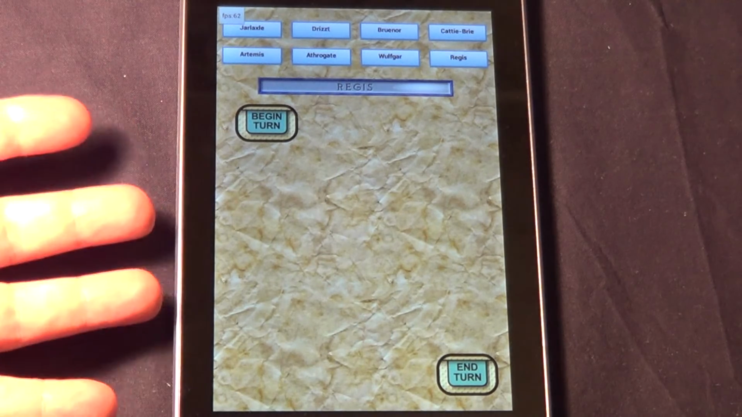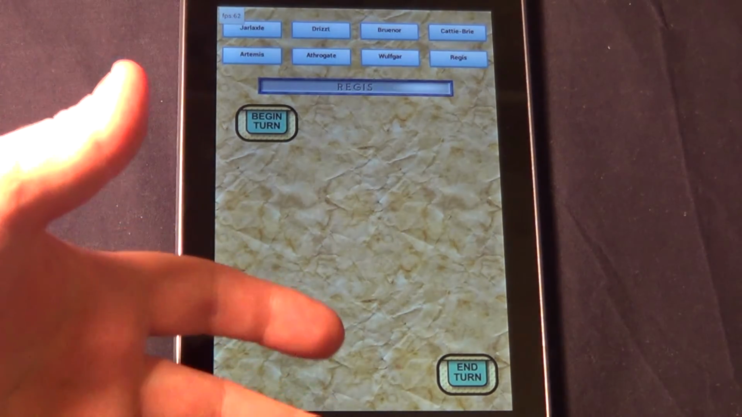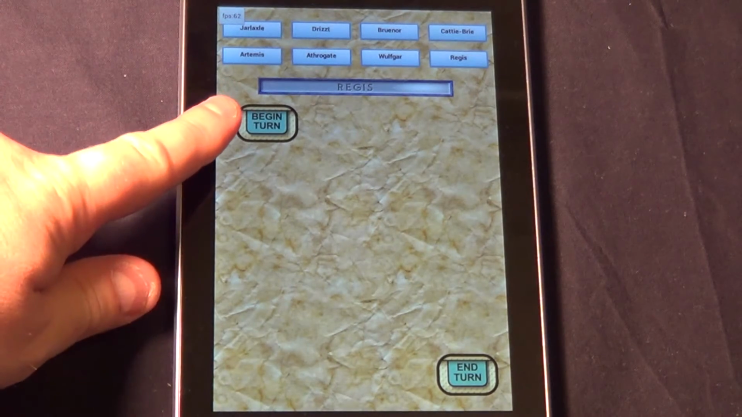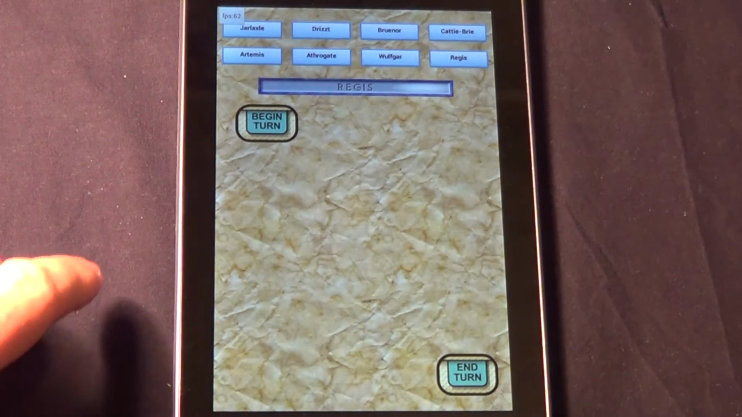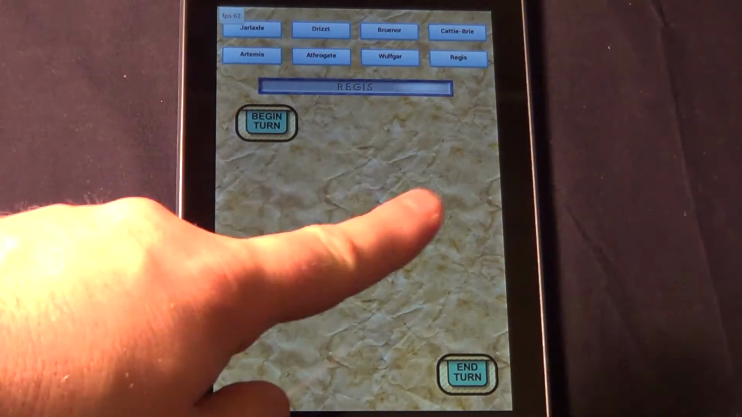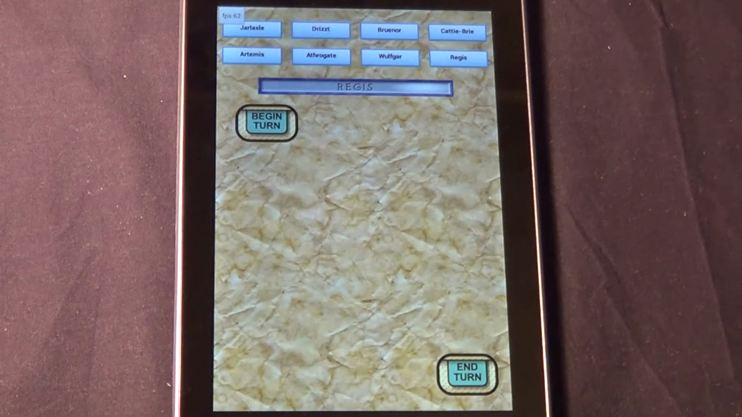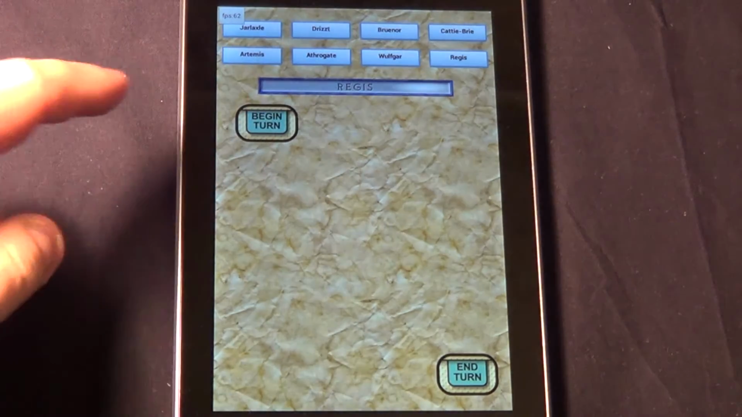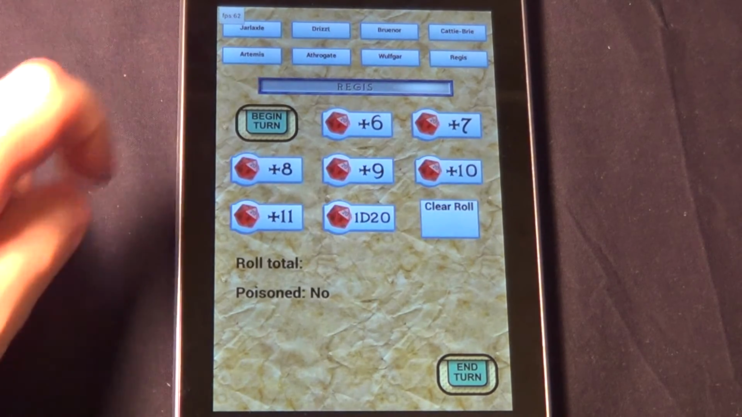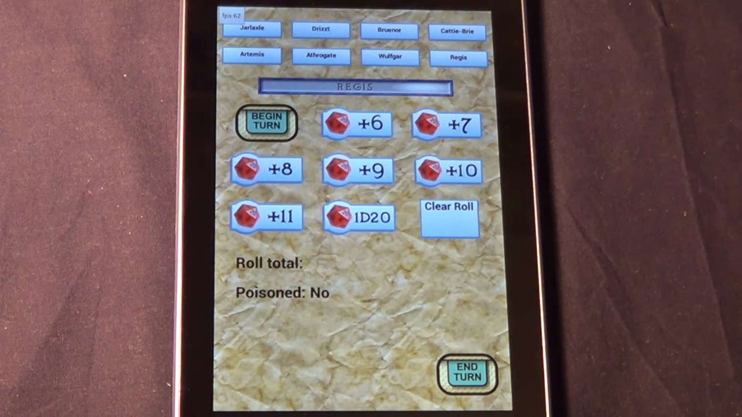Once you've clicked to the character sheet, as you can see, it's almost completely blank. All it has at the top is begin turn and end turn. So the idea is you click begin turn and work your way down, and then click end turn to end the turn. So let's start by clicking begin turn. What it does then is put up a number of dice with